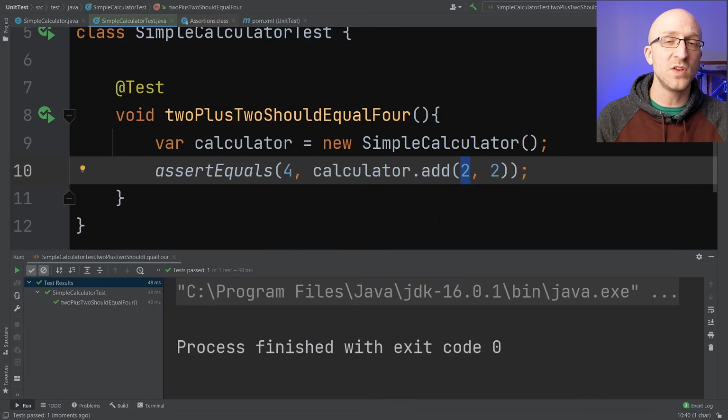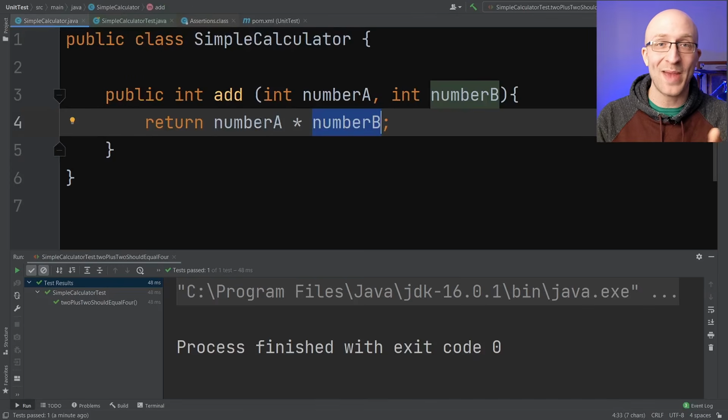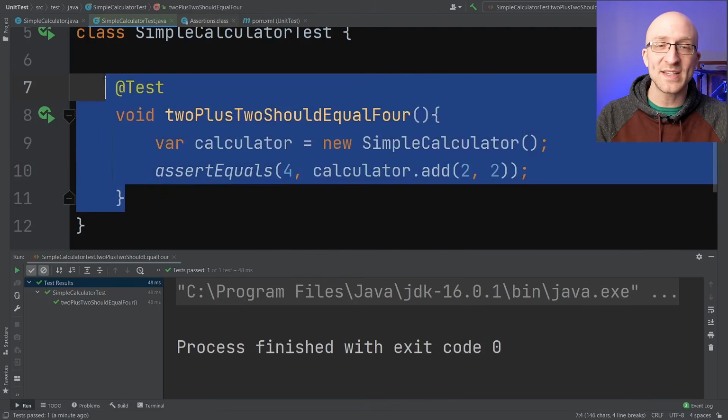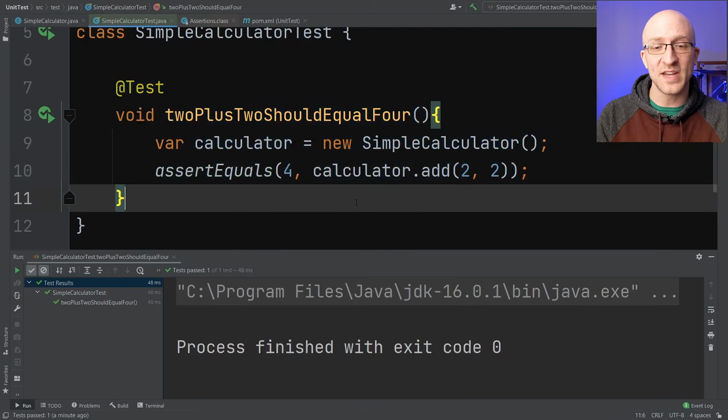One of the goals of the unit tests that we write should be that whenever the code is not doing the right thing, at least one of our unit tests should fail. Right now, our code is bad. It's doing multiplication instead of addition, but we don't have any unit tests that are failing. Our unit tests are saying everything's great. So that doesn't mean that this unit test is bad. This is a valid scenario, but it does mean that it's probably a good idea to add more scenarios to